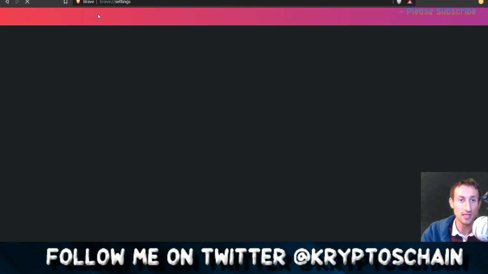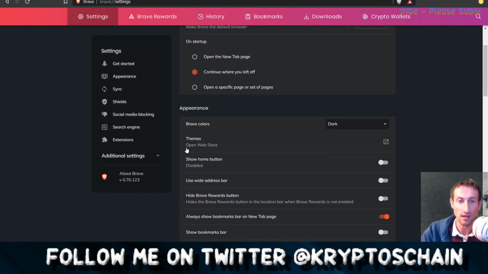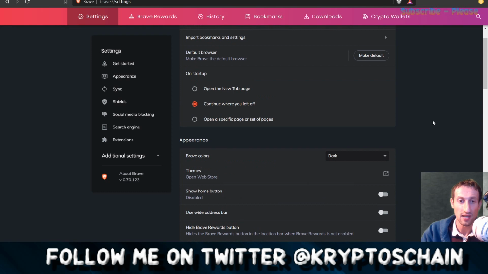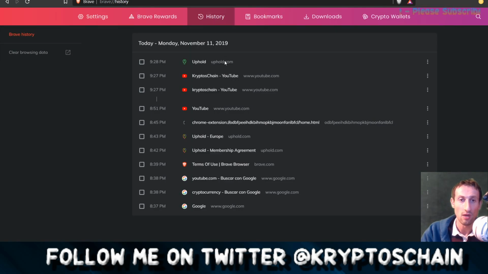So now if we go to settings, this is pretty much the same as a normal browser. It tells you the version of the browser, the themes, like I've chosen the dark theme. I like this color. The show home button, font size, and things like that. So these are pretty standard stuff. There's the history bar, which shows you what websites I've actually accessed. So I've checked out the cryptocurrency stuff on Google, and I actually want to go to Google in a moment